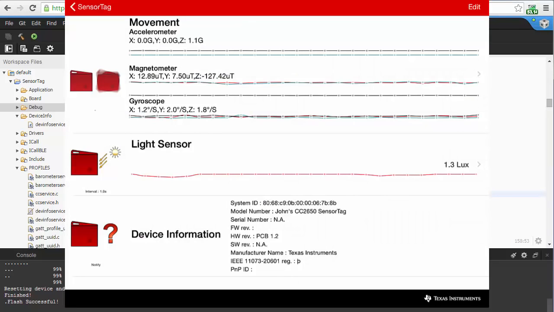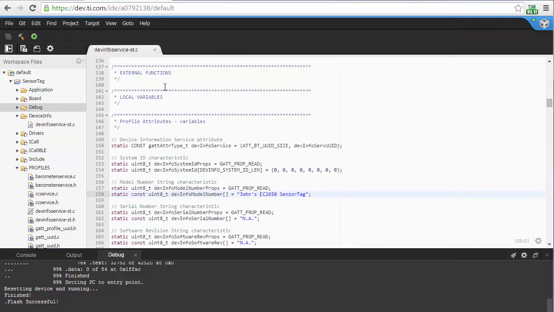You can see here device information, and you can see that it says John's CC2650 SensorTag. So you can repeat that same process if you wish to edit any of the source files that are part of this project. Just save a copy of them within your own folder and exclude the